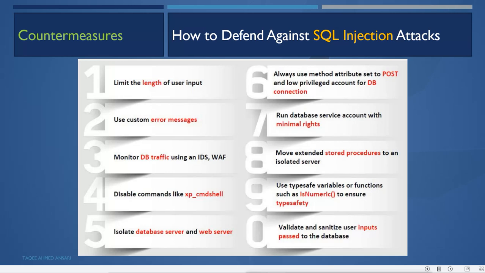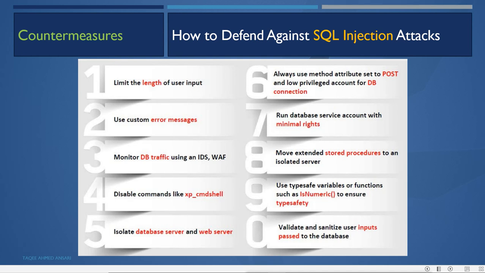Then how to defend against SQL injection attacks. Number one, limit the length of user input. These injection attacks are successful on fields where the user can give inputs.